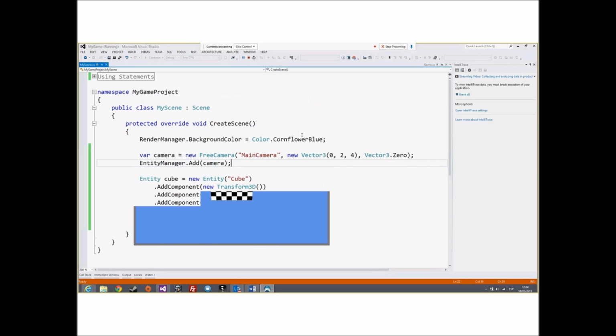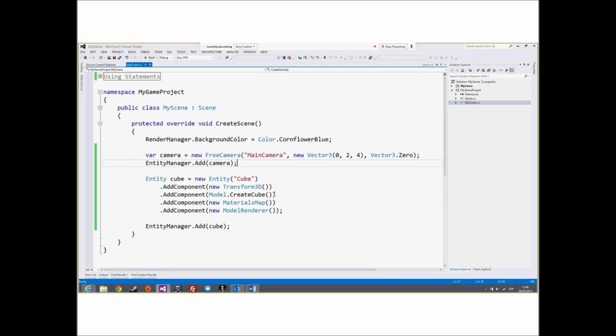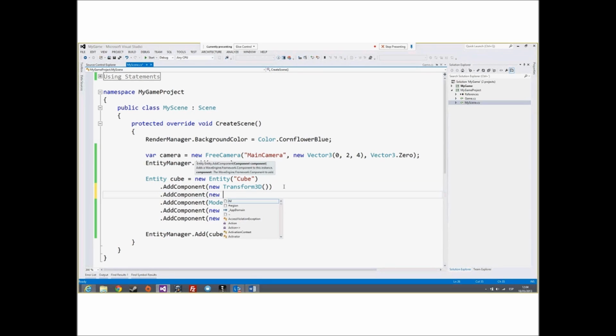Okay, now I'm going to show you how you can add or use a behavior for this cube. I'm going to put a new component here, the spinner component that we will see later. And we need to set the rotation for each axis.